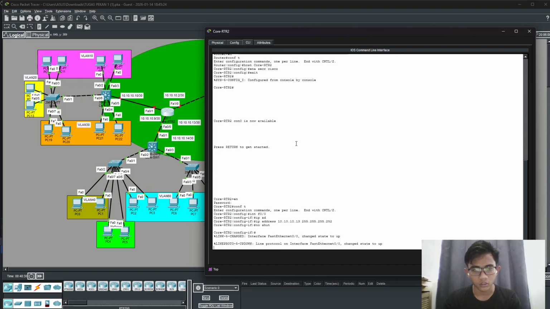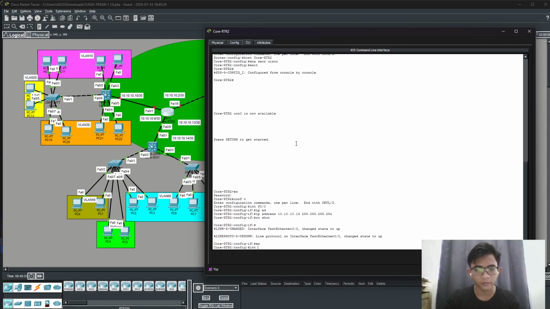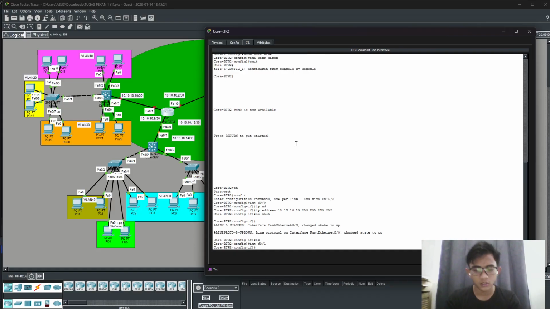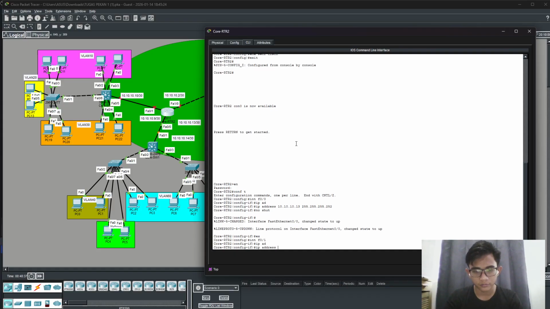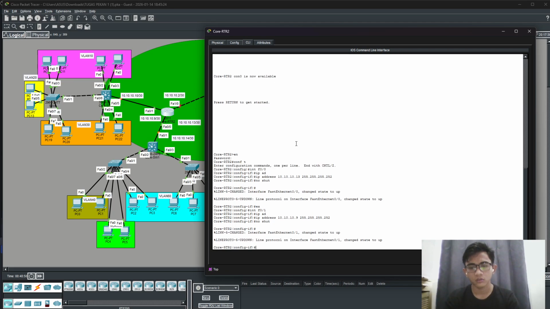No shutdown. Okay, exit. Now interface F0/1, the IP address is 10.9. The subnet mask is the same, /30, I guess, so 252. No shutdown.